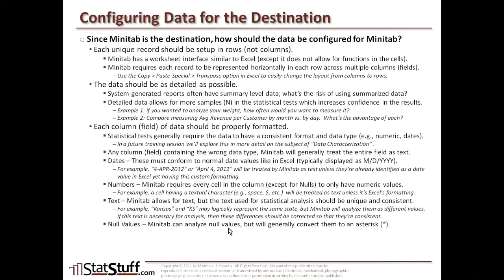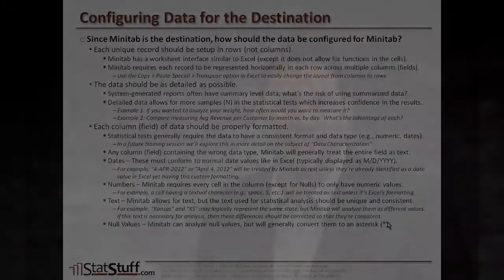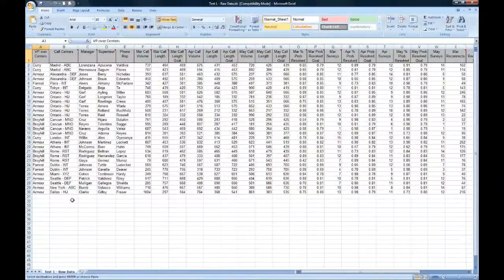It will pass perfectly fine to Minitab, and usually what Minitab will do is convert that value to represent an asterisk instead. It will show as an asterisk. The asterisk won't be the value itself, but it'll at least represent that it's a null value. This may sound a little confusing, so let's walk through an example of how we can configure some of the data in Excel. Here's an example of some fictitious data that we put into Excel